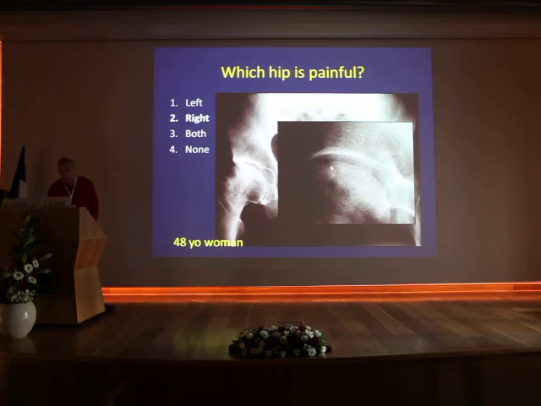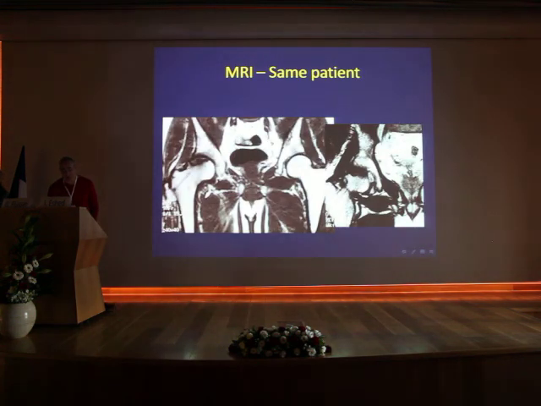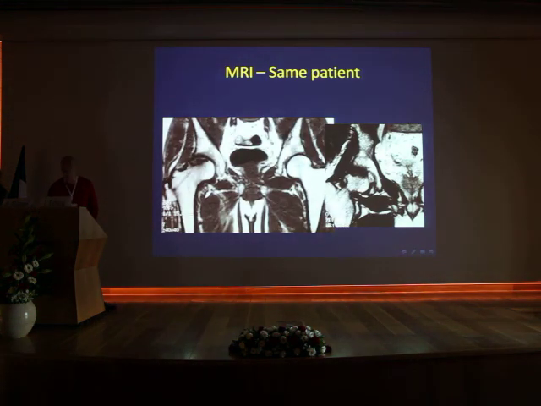Yes, we have here the crescent sign. You see this lucent line that is parallel to the joint, to the cartilage line, the cortical line. This is called crescent sign. It's very typical of. Now, this is an MRI of the same patient. Okay, what do we see here? See the well delineated line here, which is on regular T1, is quite darker. I mean, it has